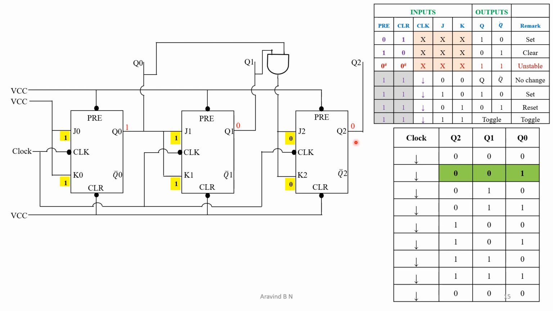Right? So output at this instant is equal to 0, 0 and 1. Now make an analysis. We are at this stage, and if we apply the clock pulse, then what is going to happen? Make an assumption, we applied the clock pulse at this instant, then we are supposed to get this value. How we are going to get this value?